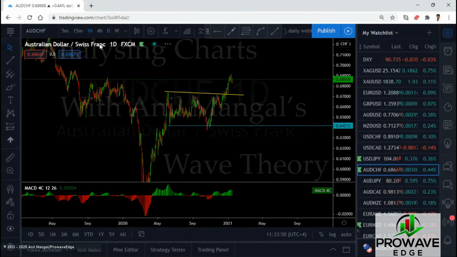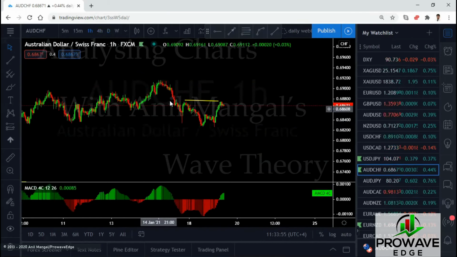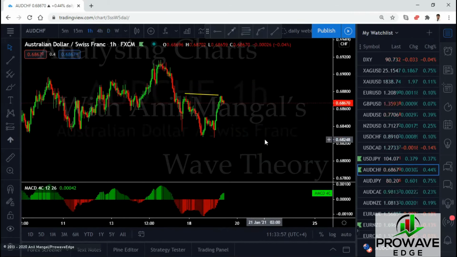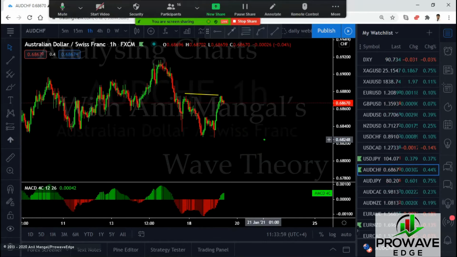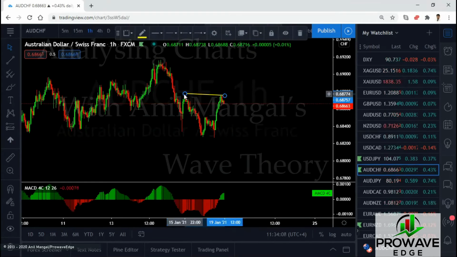Let's go back to the 1 hour. We'll look for a sell setup. We might even get the sell setup higher because this is a bigger running flat. It's not a small one. If we get a sell setup much higher somewhere here, we'll go with it. But make sure it's a sell setup. Don't just take it because you're at the top there. So if we get that in the trading room today, we'll look for that trade.